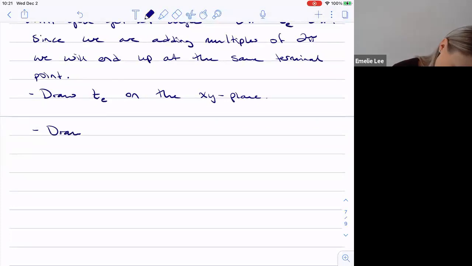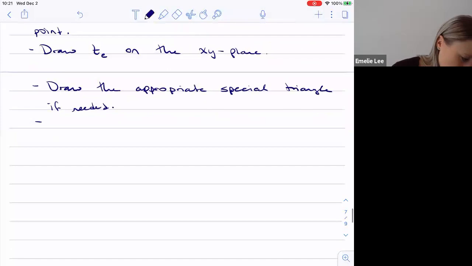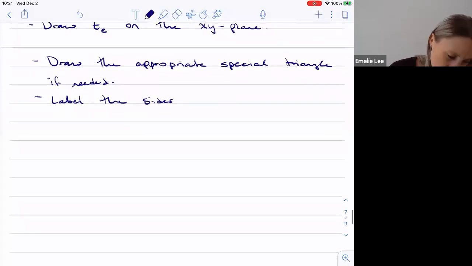Then if it's not one of those obvious terminal points, draw the appropriate special triangle, if needed. And then label the sides of the special triangle